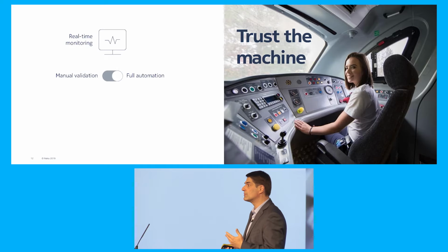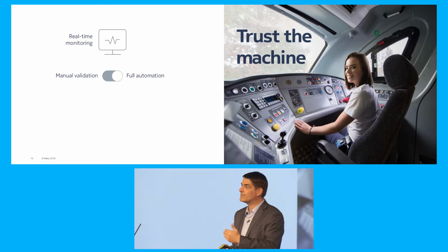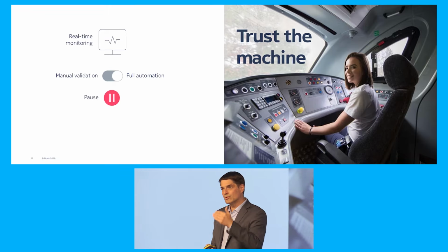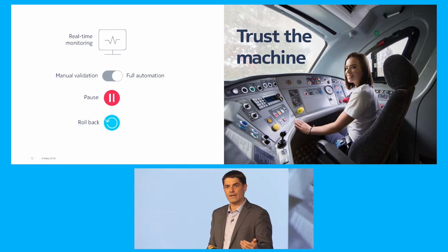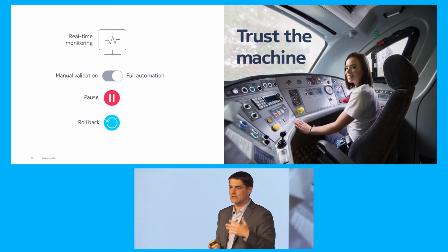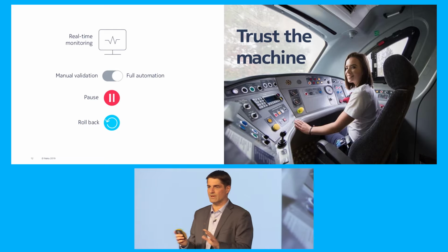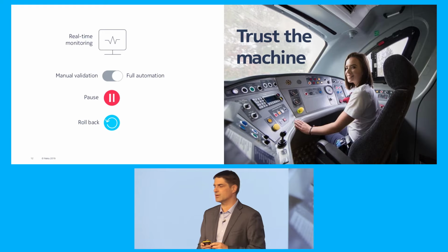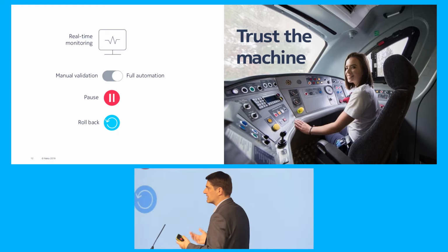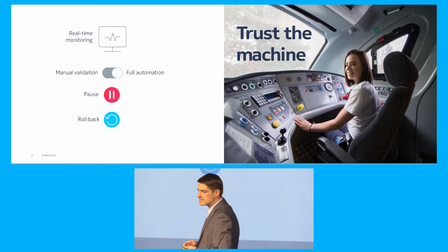We also need to make sure that at any point in automation, at any stage, there is a control to pause and roll back. Because without that, we will not be automating things. Humans will not allow something to happen without any control. Right? That's human nature. So we are taking that into consideration when we are building the product and when we are automating use cases.